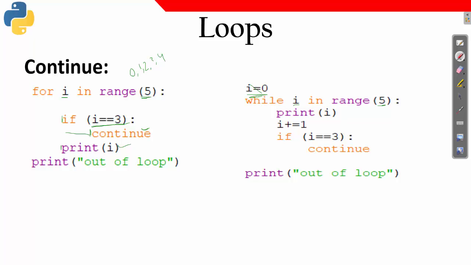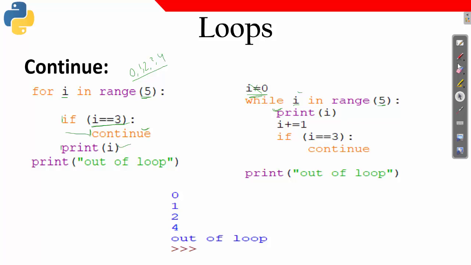Here also you see the i value is 0, while i is in the range of 10. This i doesn't carry any meaning right now, because i in the range of 10, so 0 to 4 anyhow it will be taking. i equal to 0 is not required. What I am doing is printing the value of i. The first i value is 0, so 0 is printed. Then the i value is incremented by 1, and if the value is equal to 3, then it will continue. It will take the next value here. In this way 3 will never get printed. Whenever i is equal to 3, it will not print 3 and will continue to the next iteration.